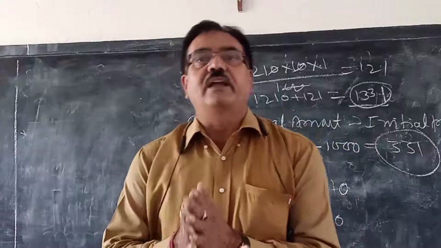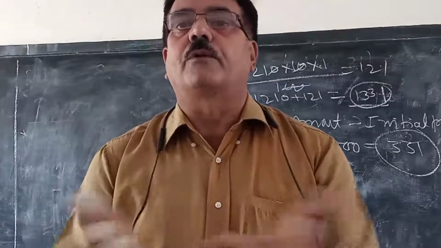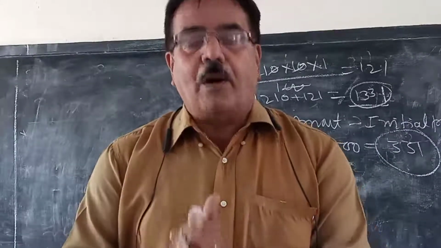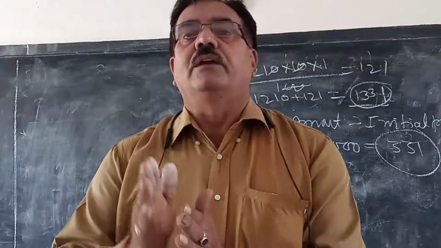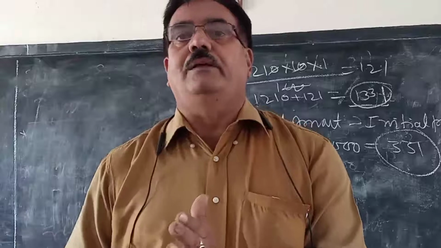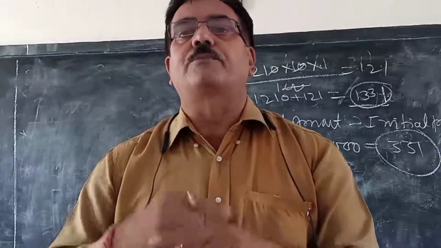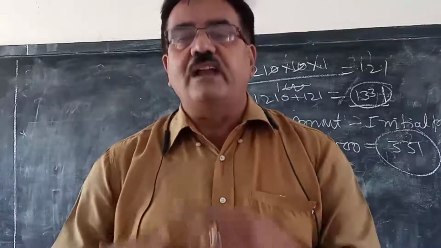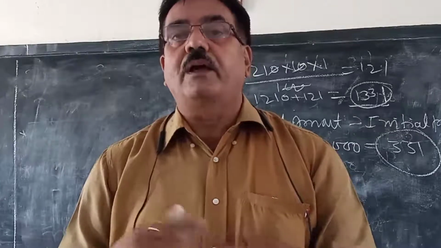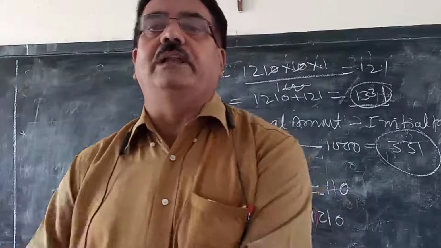What is the difference once again? Simple interest is calculated at a time together for the whole year, but compound interest is calculated yearly, it may be quarterly, it may be half yearly. If annually, then first year amount becomes the principal for the second year. Second year amount becomes principal for the third year. Third year amount becomes principal for the fourth year, if it is calculated annually.